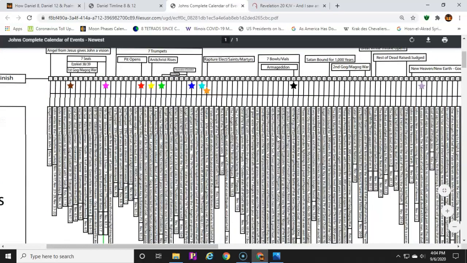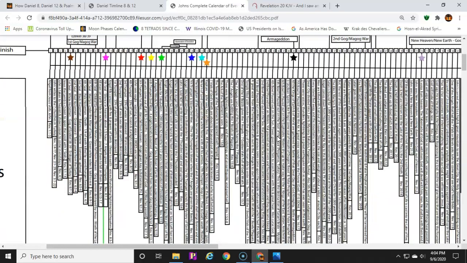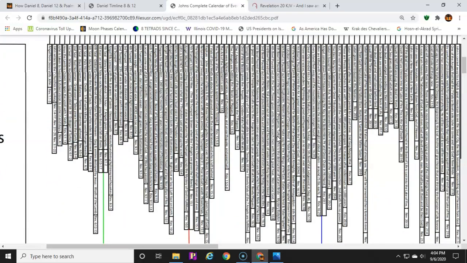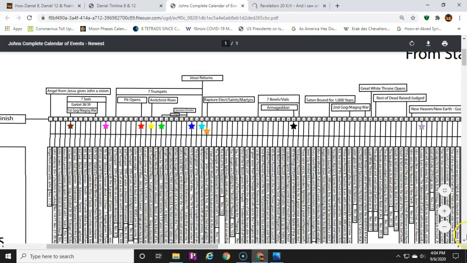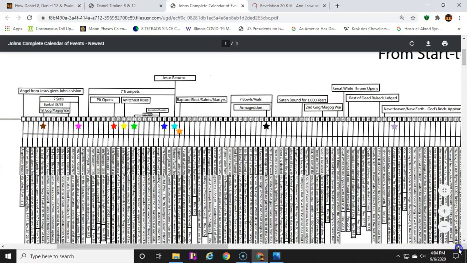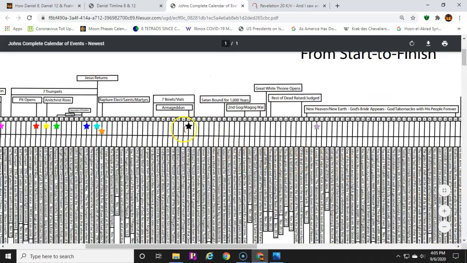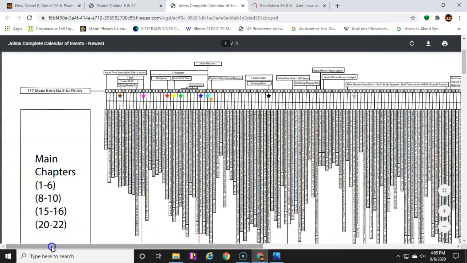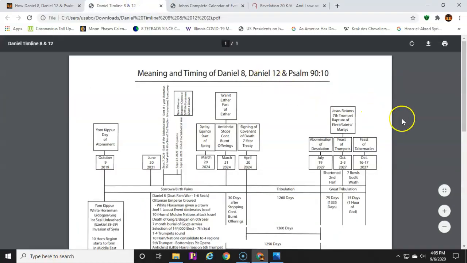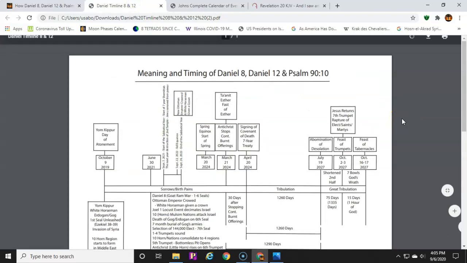And once you start to see this breakdown, you'll then start to see how this affects everything and how this timeline matters, and it is sequential. I've written this down so you can see these transitions. There's 117 steps from beginning to end. We can see certain demarcations, and if we go to this timeline here, we can actually see the breakdown of about when these events are going to occur.